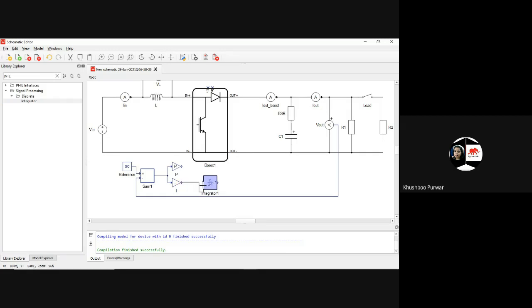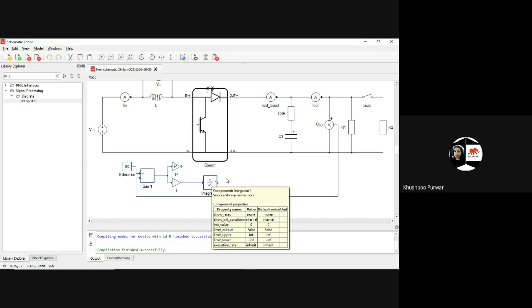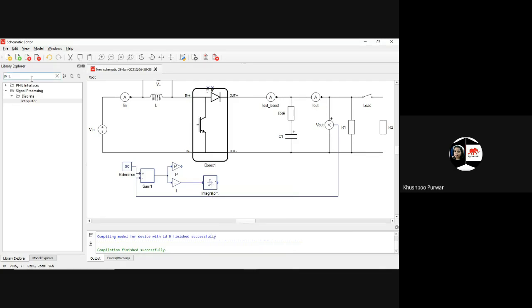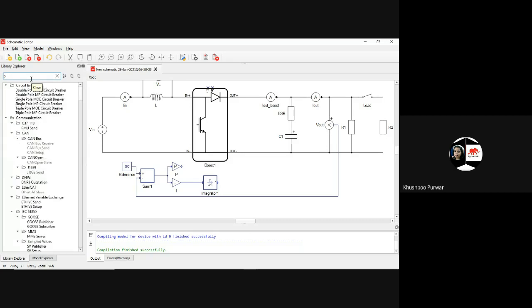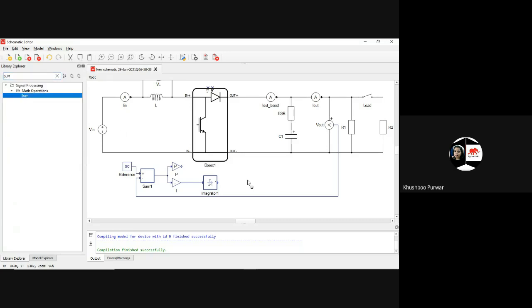So the output of this integral will go to this integrator, and then I'm going to use one more sum, where these outputs will be summed together, one to this P and another one to this S. Okay.